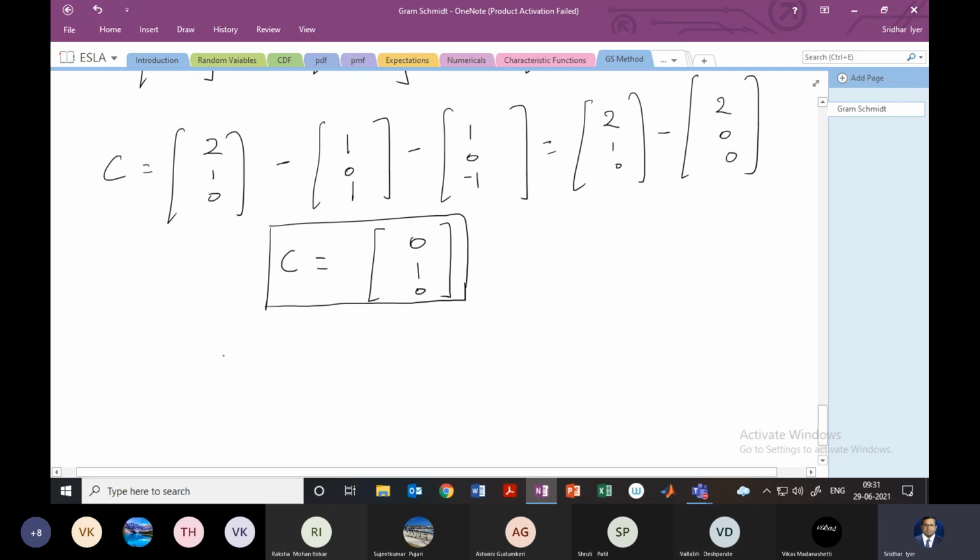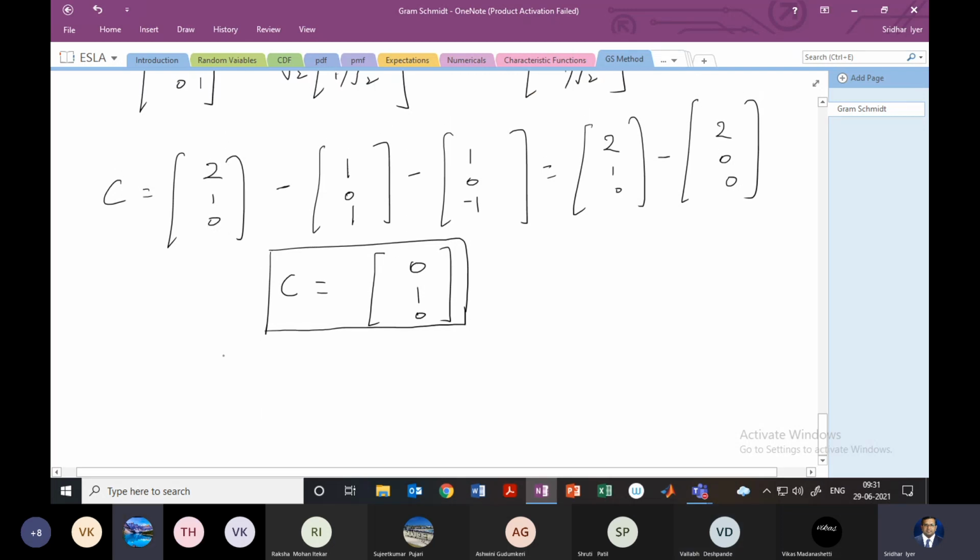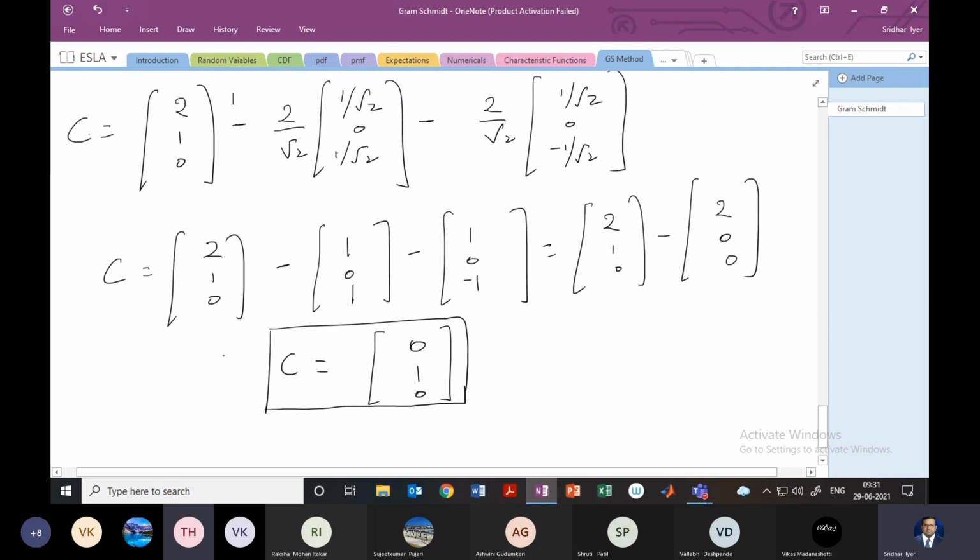0 1 0 1 2. 0 1 0, sir. I think 2 will not come. I think you have made a similar mistake I had made. You're multiplying it. So root 2 and root 2 will become 2. So 2 by 2 will give 1. So the third one in the matrix, sir, 0 1 0 is fine, right?